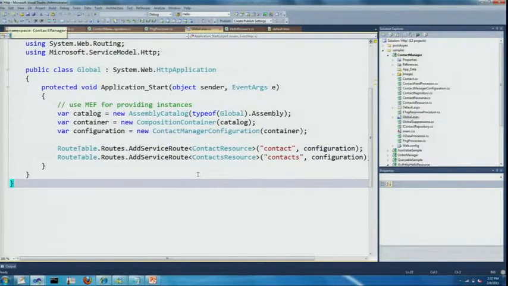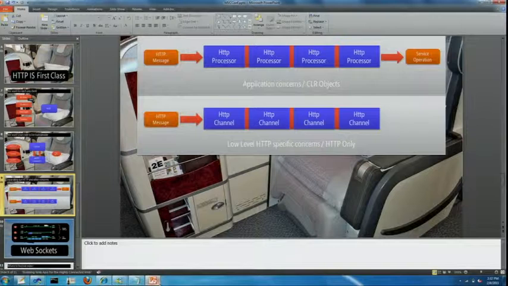Okay, so there's a question of how do you plug in OpenID or SAML tokens? We don't have a sample yet. We will. And the bits that we have out there on Codeplex right now don't really have the plug point for it. As I mentioned, when you look at my diagram, there are two parts that we're working on. This top level, this top screen diagram, these processors, those are there. The bottom level, these channels, which we're actually going to rename, those are not there yet, but they will be coming shortly.